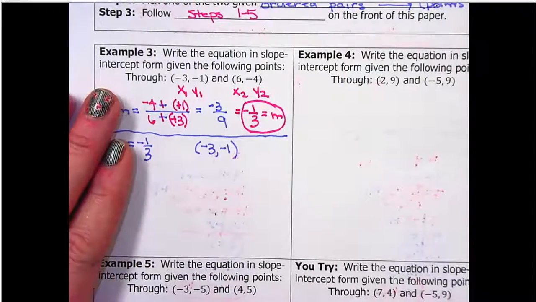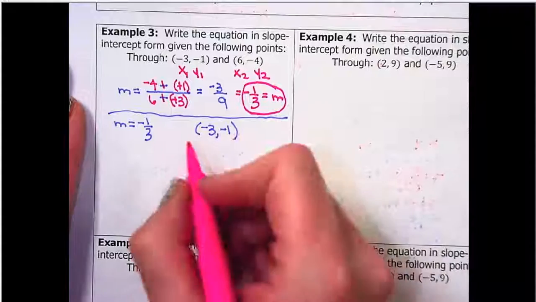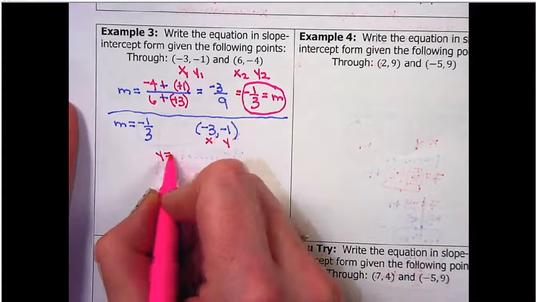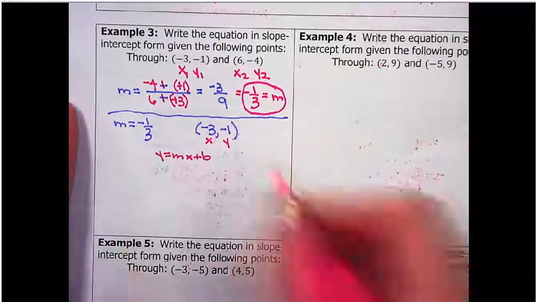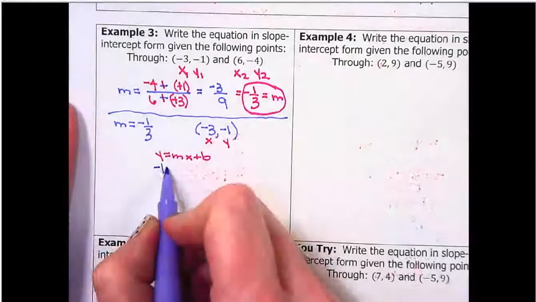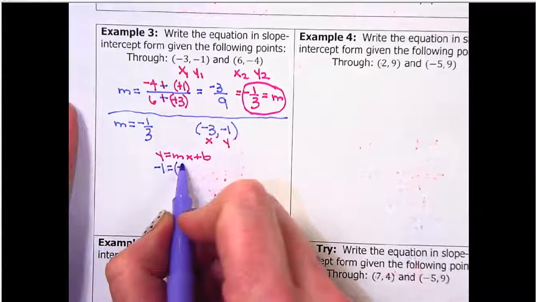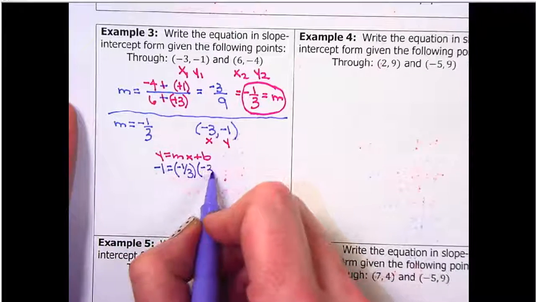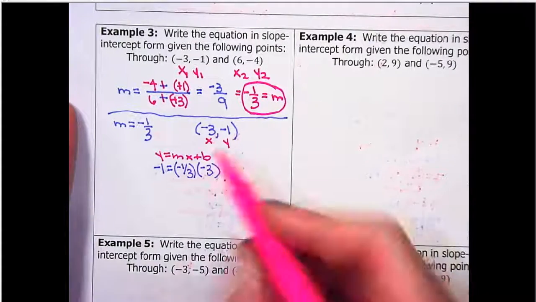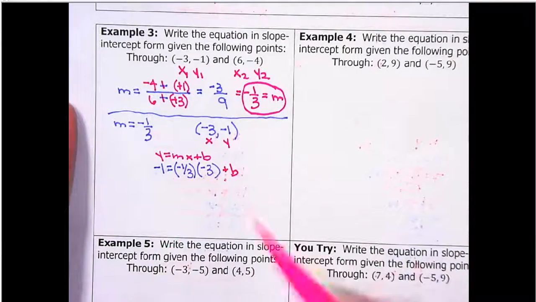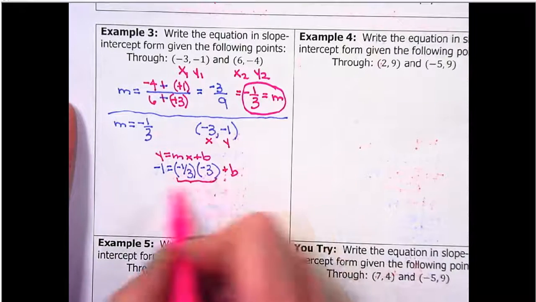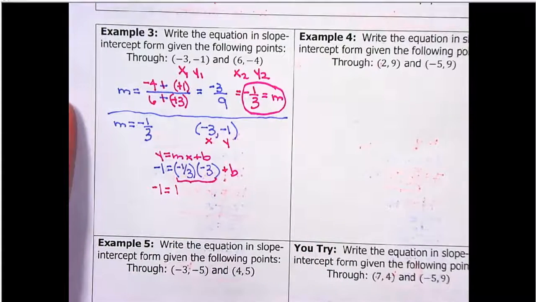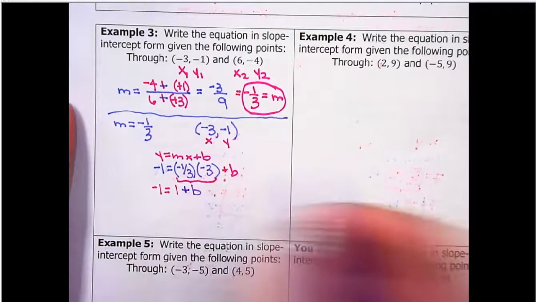Now this becomes something we did up front. So I have my m I can substitute. I have my ordered pair that I'm going to substitute. So y equals mx plus b. Y is negative 1. M is negative 1/3. X is negative 3. And I'm looking for good old b. Multiply m and x, and I get a positive 1,